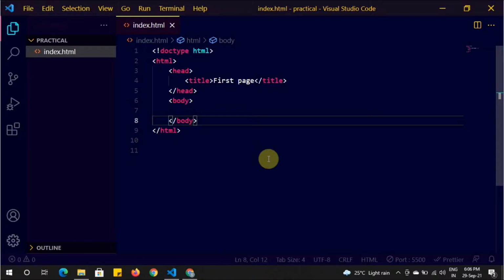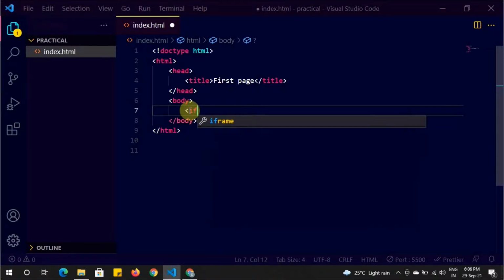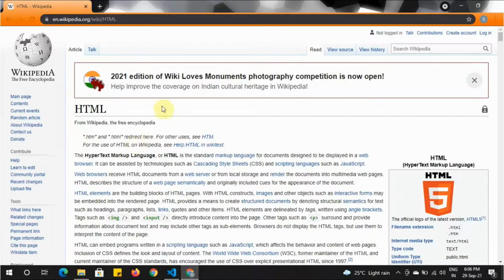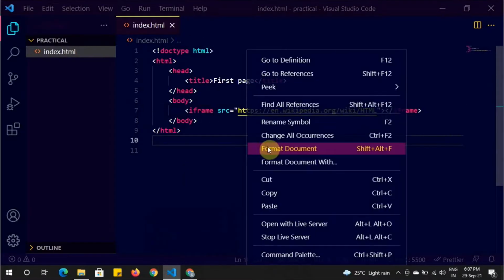For this, we use the iframe tag. This tag creates a frame and displays another web page in this frame. So open an iframe tag. To tell the browser which web page to include, we use the src attribute. Let's add the HTML Wikipedia page link here. Open with Live Server,